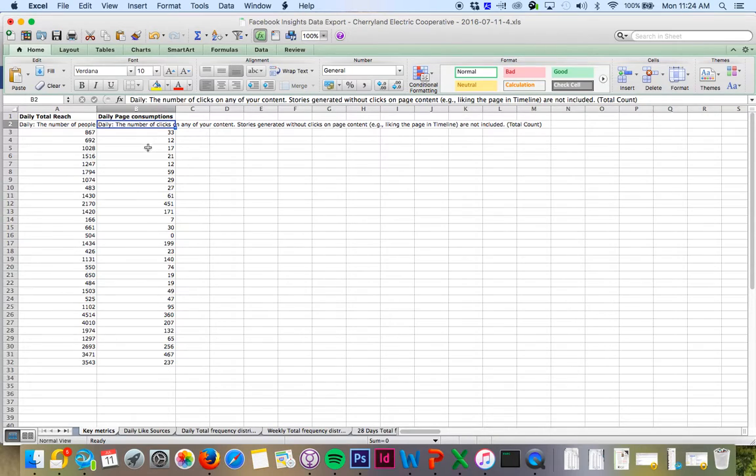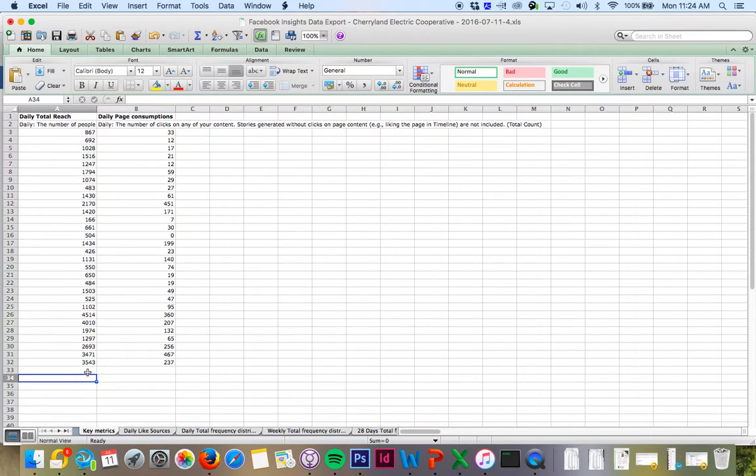So daily page consumptions is the total number of clicks on your content. If someone clicks to read a story, if they like a story, if they share a story, all those count as a consumption. And so that's why we like to use that particular number. And I want to have both daily and monthly data. So I'm going to go ahead and throw in a